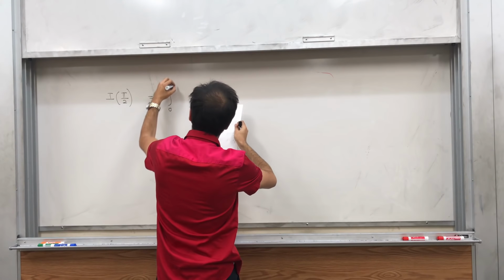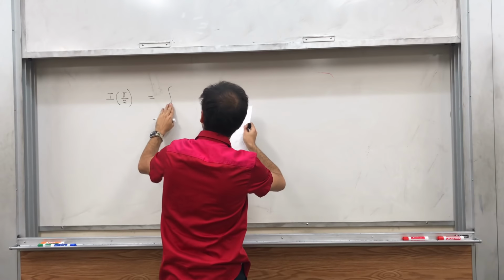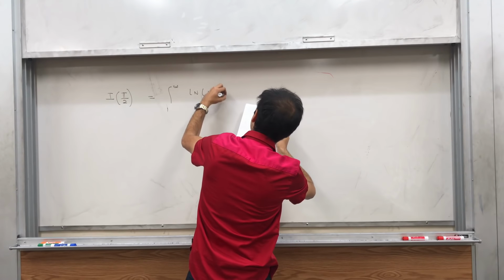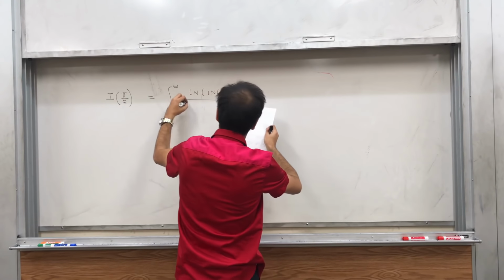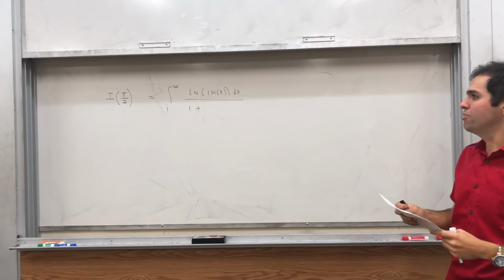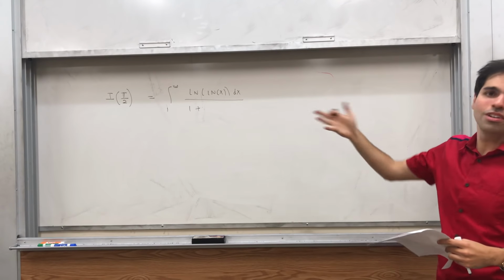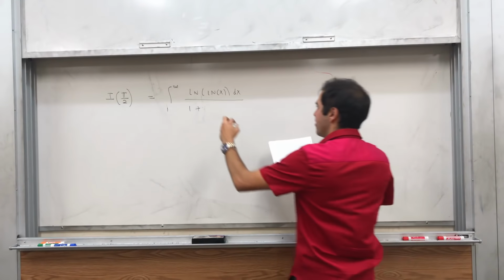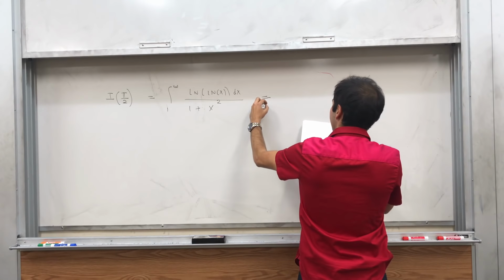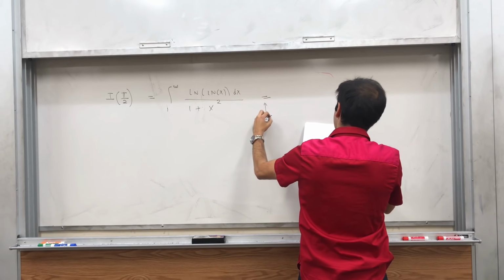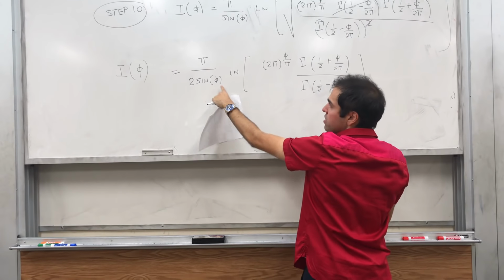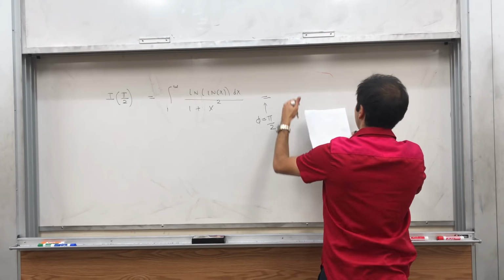That is the integral from 1 to infinity of ln of x dx over 1 plus 2 cosine of phi x, but if phi is pi over 2, then this becomes 0, so 1 plus x squared. And that becomes, again, with phi equals pi over 2, sine of pi over 2, it's 1. So we have pi over 2